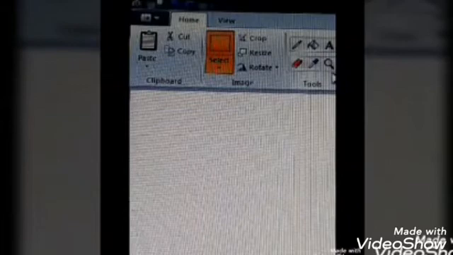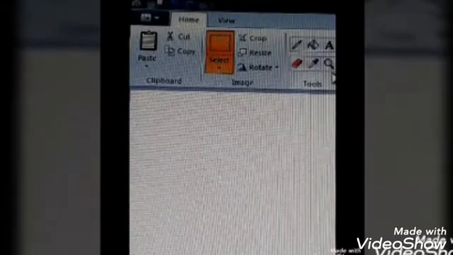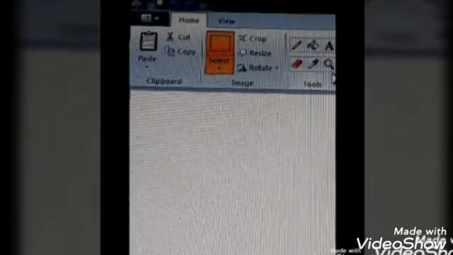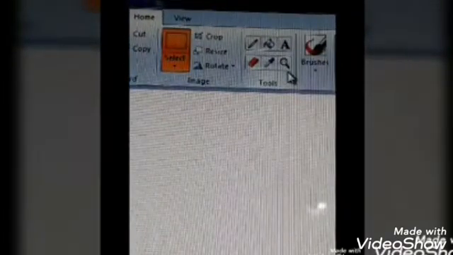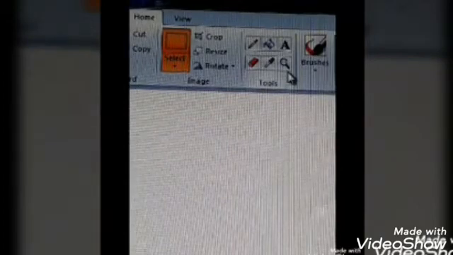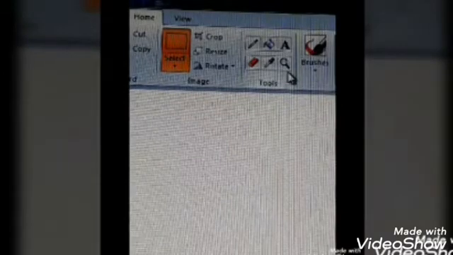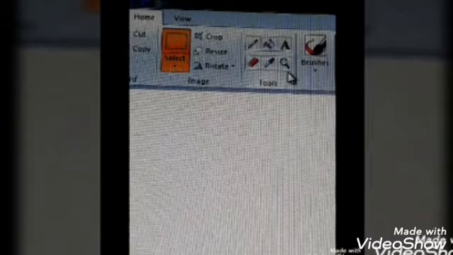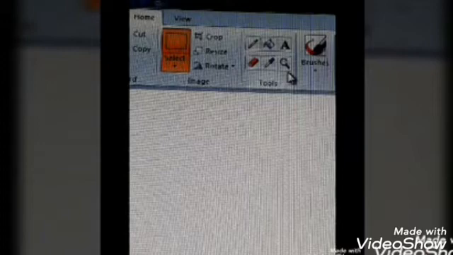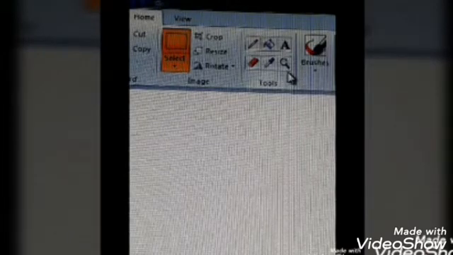See children, when you hear about the tool, I will just move the screen a bit. Okay, once you hear the word tool, immediately what comes to your mind, children? Yes, like hammer or screwdriver and all such things. But tools are nothing. These are the things which we use to do a particular thing. Like when you want to do some writing work, what are your writing tools? Correct, pencils, erasers, scales and all that.